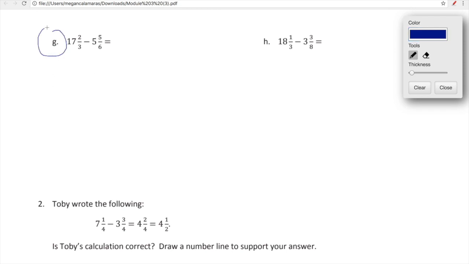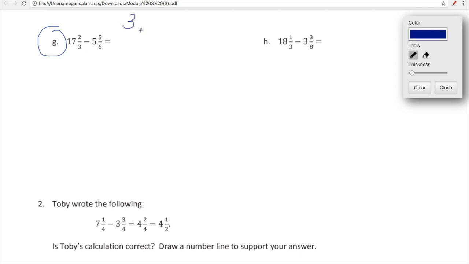Let's just do one more problem here. We're looking at 17 and 2/3 minus 5 and 5/6. You guys know there's more than one way to find a common denominator. I have a feeling at this point a lot of you are already just kind of analyzing the denominators and thinking, do 3 and 6 have anything